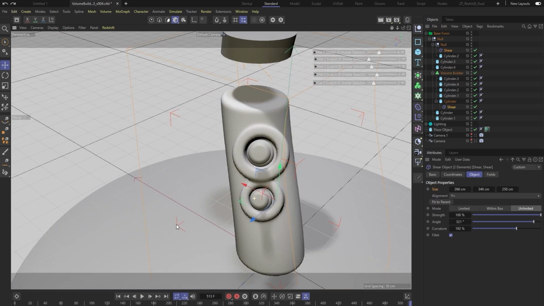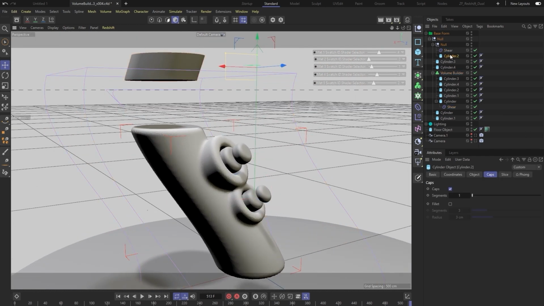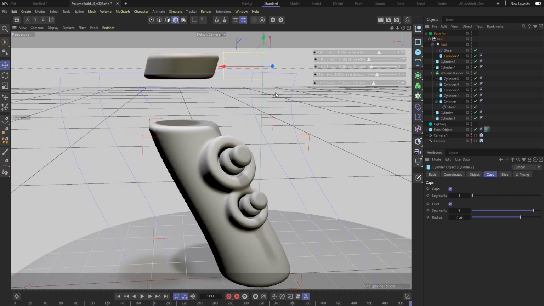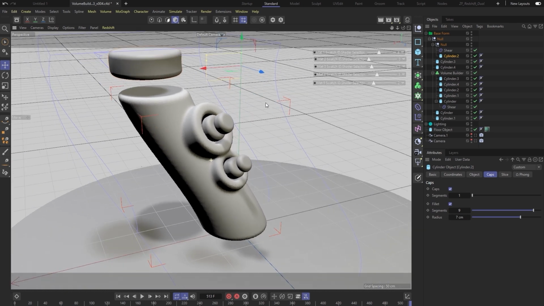So we have this guy. Let's go ahead and do the same thing. Let's go ahead and up the segments. Odd numbers are always good in my book. It's a little too far away, so let's just move it there. Perfect. Looks good to me.